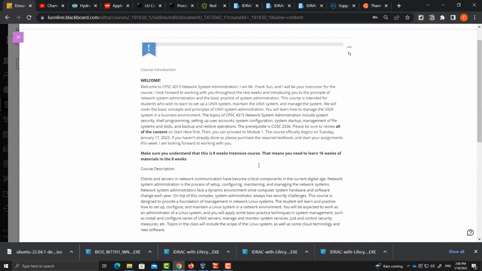Okay, the goal of this class is to build the knowledge you need for the future. You are going to be the system administrator managing Linux or Unix systems. So you are going to be working on the console, remotely logging into your server to monitor the system and configure your servers, and you need to build up all the basic skills to manage your Unix system.